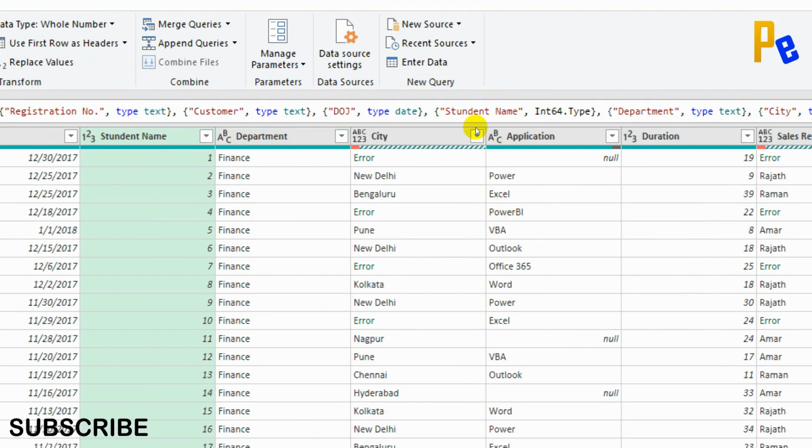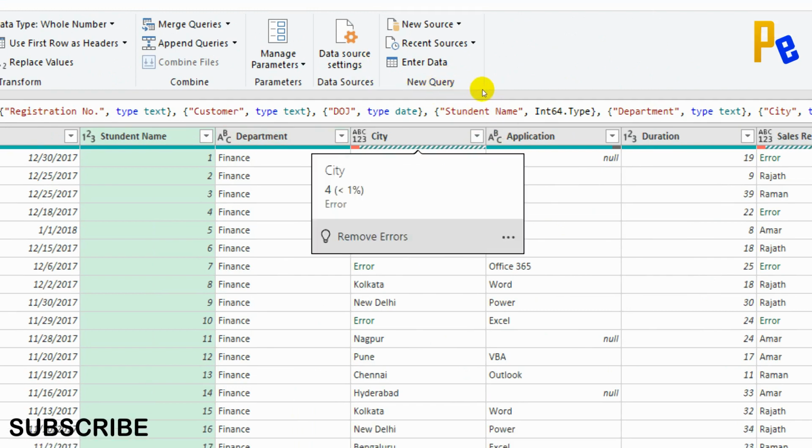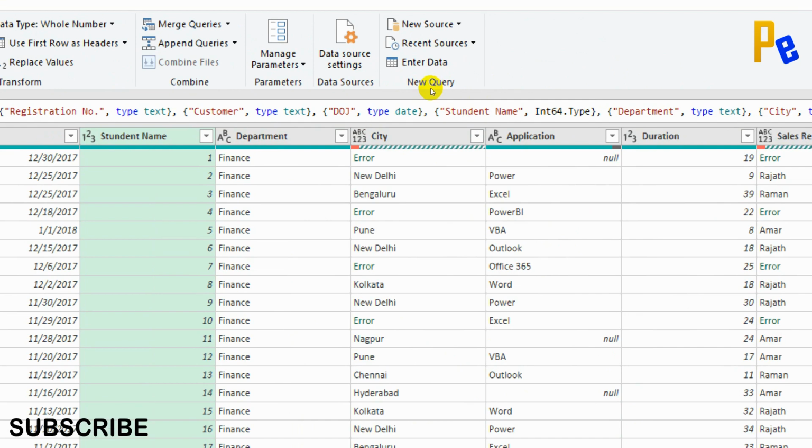But if you look at city, there is a kind of error indicator. There is a red sign, like a perforated line, and the data type is also ABC 1, 2, 3. The Power Query editor is not able to understand whether to consider this as a number or text. The reason is this contains certain errors. If you remember, in Excel also I was showing you certain errors.